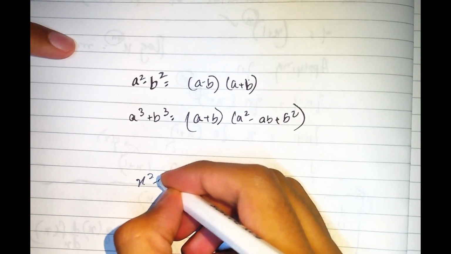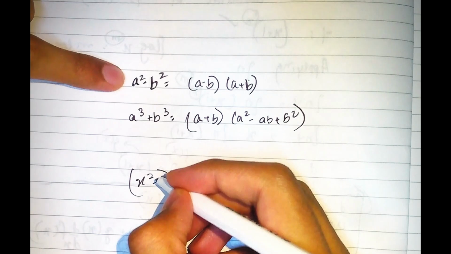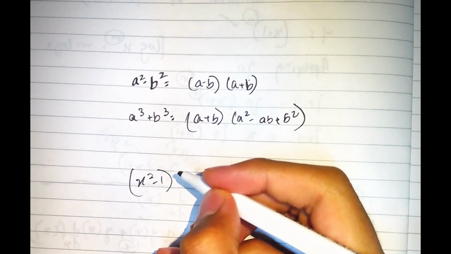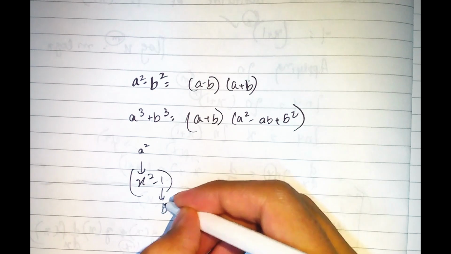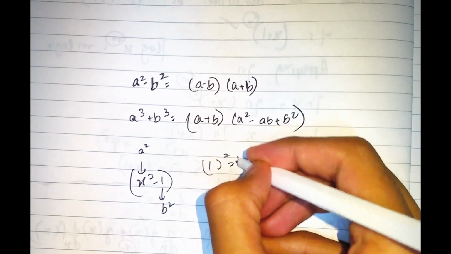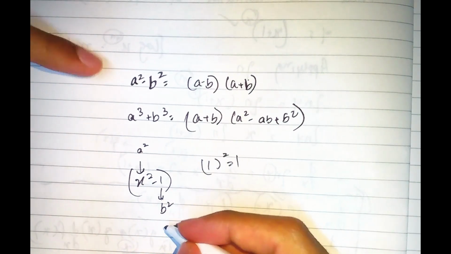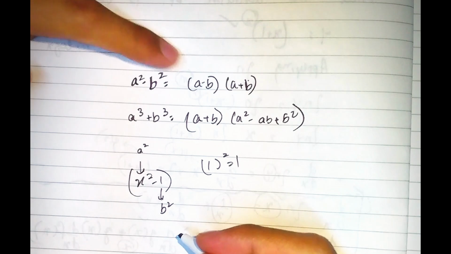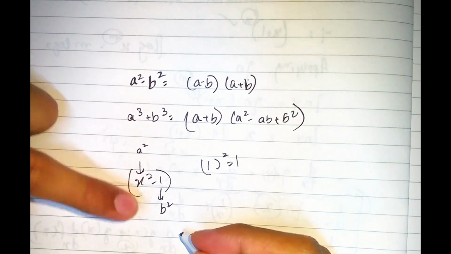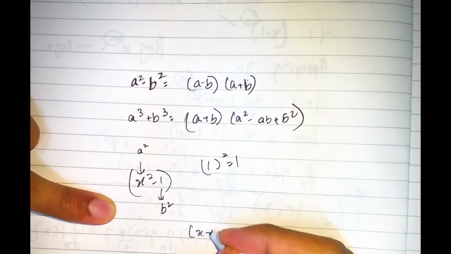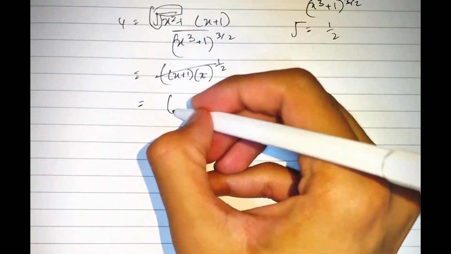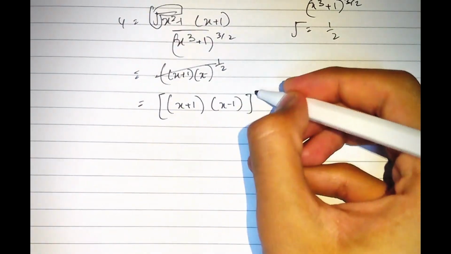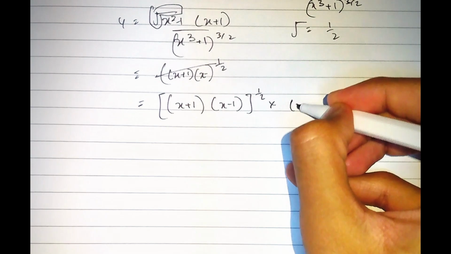So we have x square minus 1, right? And if we see this formula, a square minus b square can be used over here. So this thing would be my a square, and this thing would be my b square. Actually, 1 square is equal to 1, okay? So we can rewrite this in the form of a minus b times a plus b. So our a is x and b is 1. So we can write x minus 1 and then x plus 1. So let's put this thing right over there. So we can write x plus 1, x minus 1 to the power 1 by 2 multiplied by x plus 1,